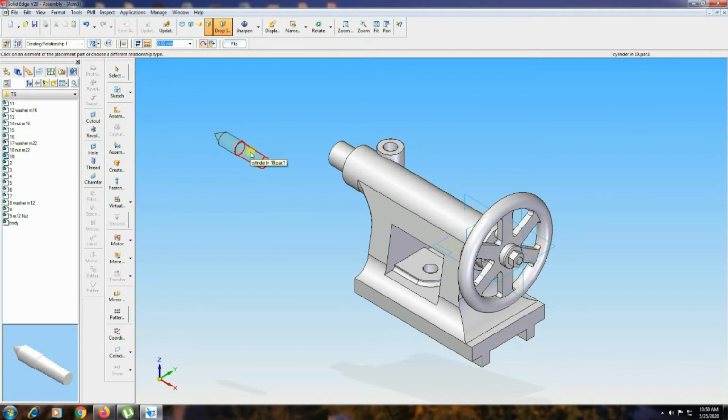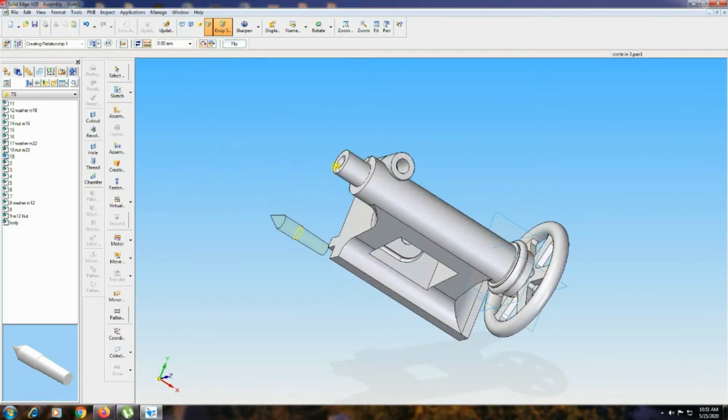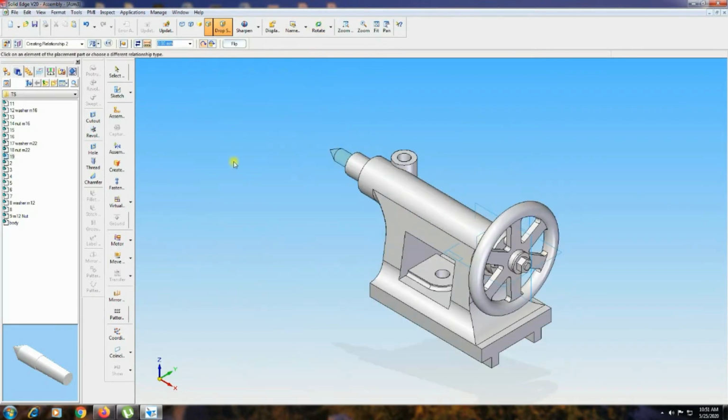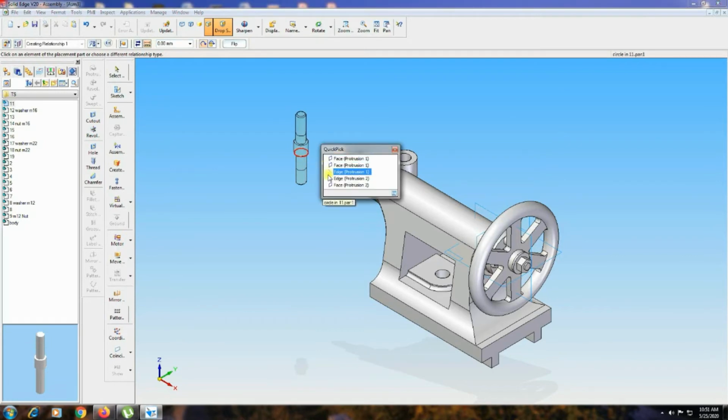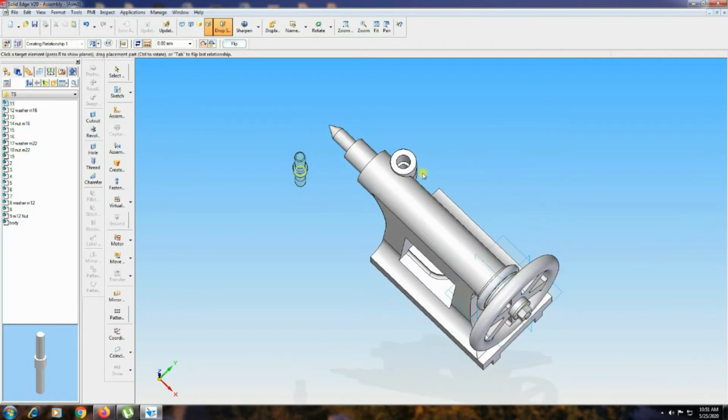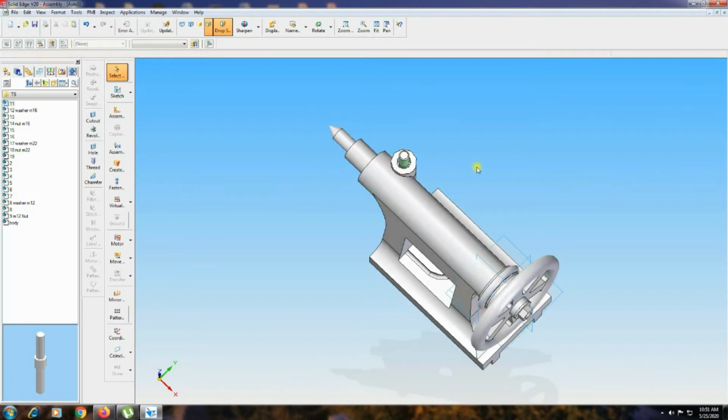Here also, the tip of the circle, right click, that edge you would select, inner edge, then inner circle. Likewise, ISO fit sheet. Next, the stud, part number 11, into the sheet. Select the bottom circle, right click, edge, inner circle you have to select, then here also the inner circle you have to select, click.